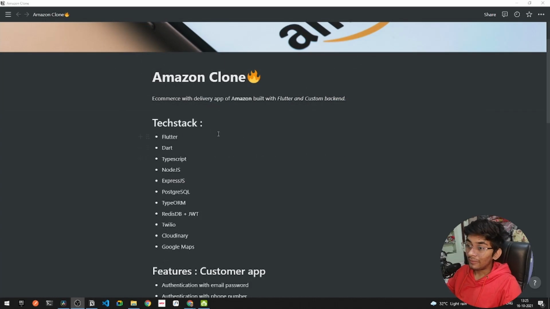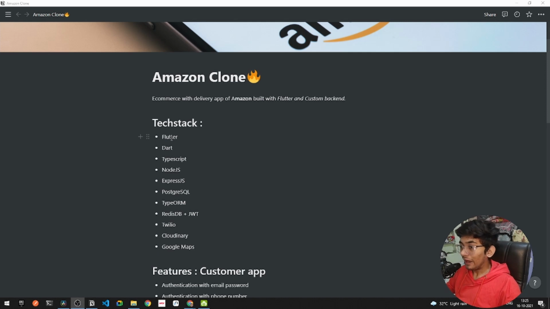So you can see under my tech stack, first of all, there will be Flutter. Flutter will be used for building the front end of our application. Many of us already know that we are in the business of Flutter, so we will be mostly focusing on Flutter and also a custom backend. Under my tech stack, there is Flutter for building the front end. There is Dart, which we'll be requiring for writing the code under Flutter.